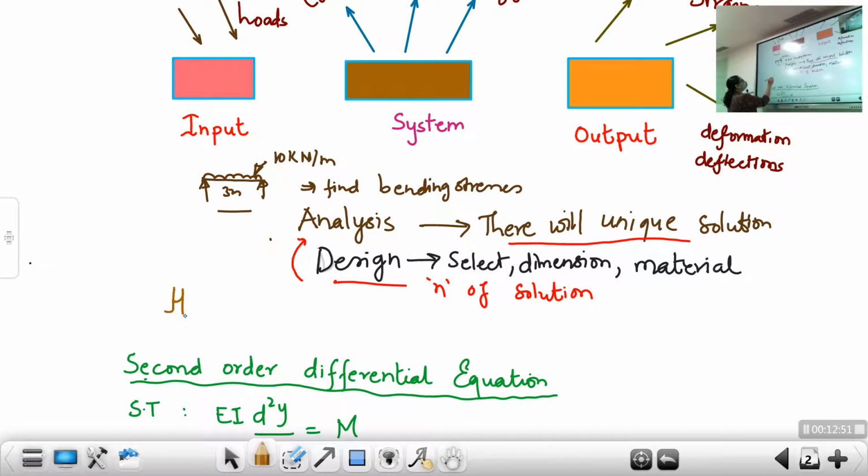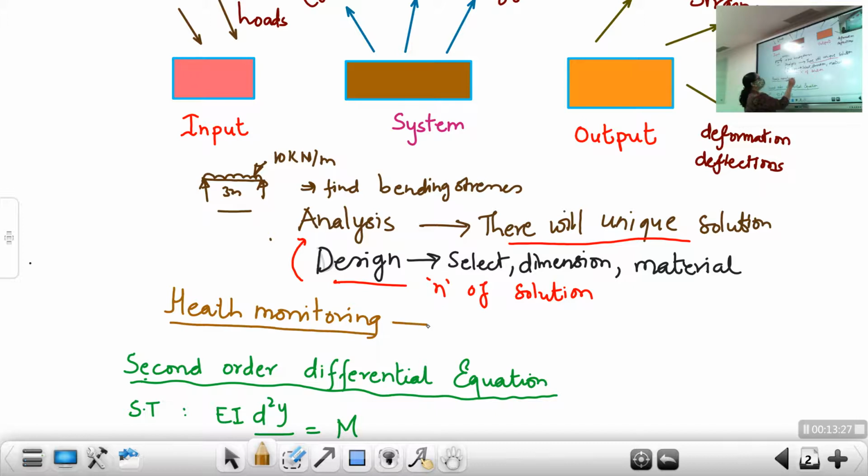In health monitoring, the system is there, loading is there, deflections, deformation, stresses are happening, but what is happening is the system is getting deteriorated and hence it is not able to withstand the upcoming load in the same manner as it did some years back. So it requires rectification, and we have to do a process called retrofitting and rehabilitation. So that comes under health monitoring.